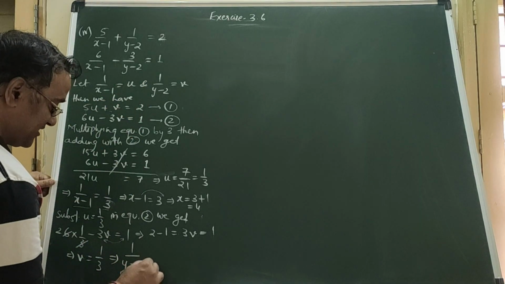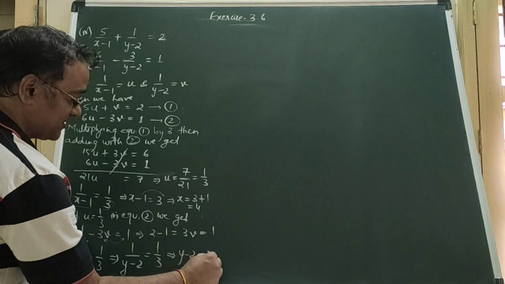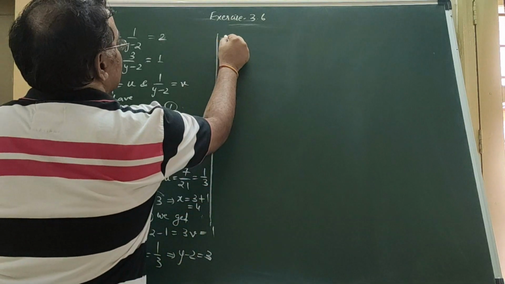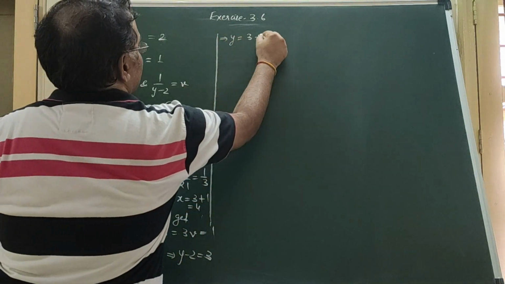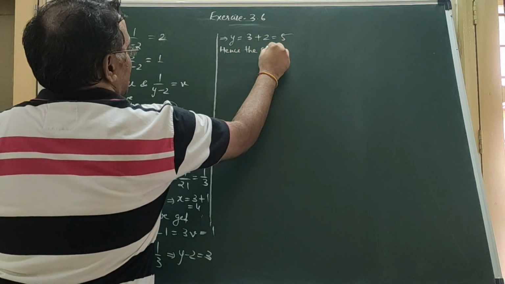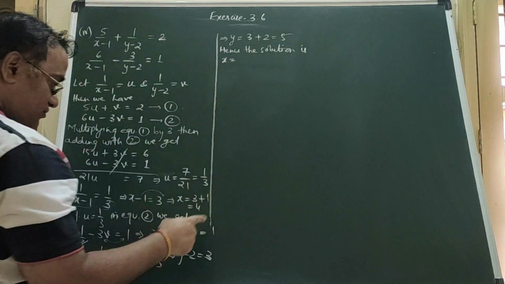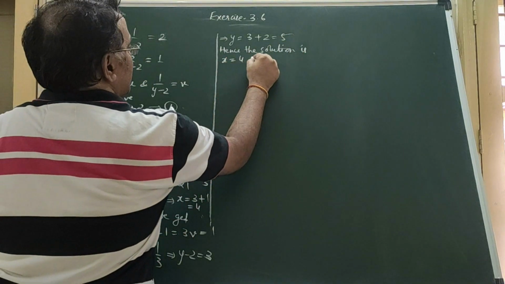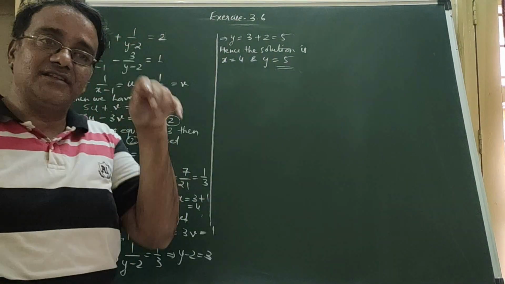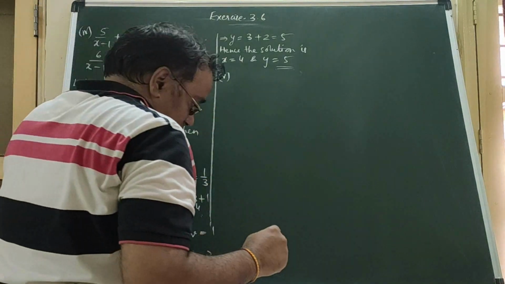Now what is v? 1 upon y minus 2. So this will imply y minus 2 is equals to 3. So y is equals to 3 plus 2, 5. Hence the solution is x is equals to 4 and y is equals to 5. Right? So this is the fourth bit. Now let us move towards the fifth bit. Fifth bit,